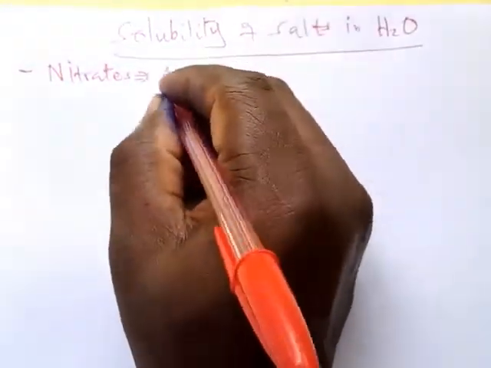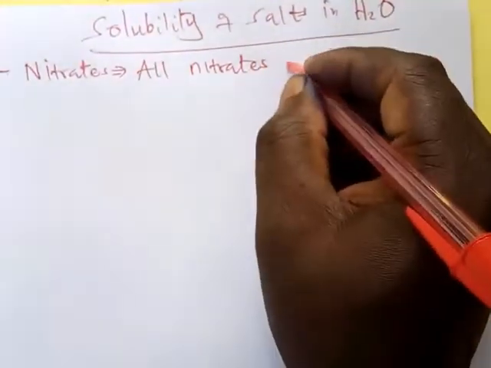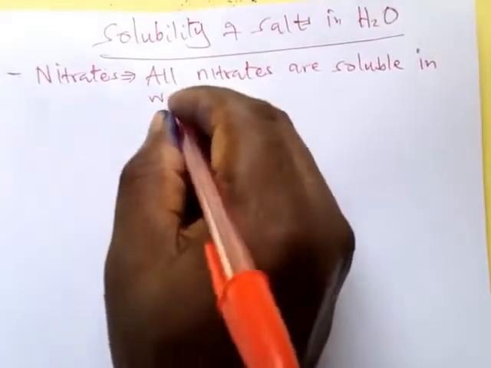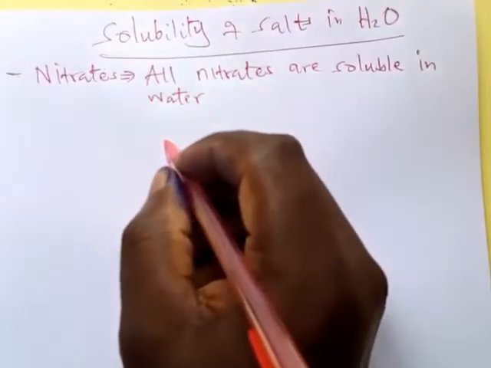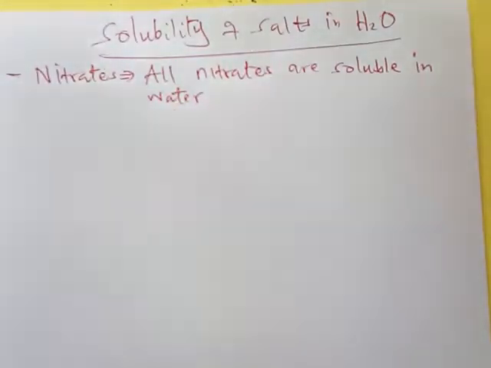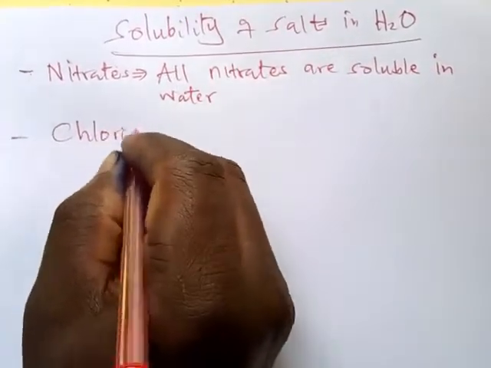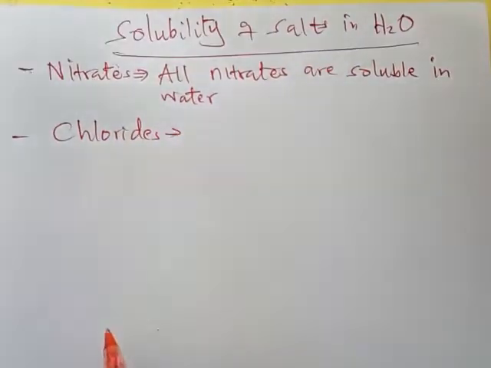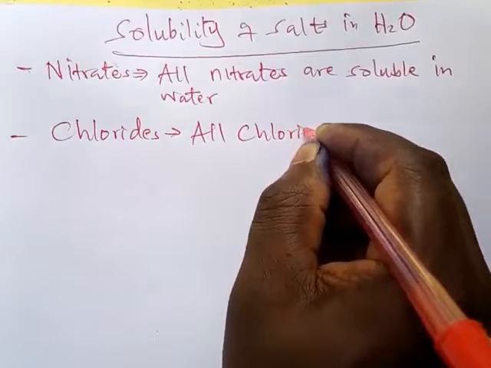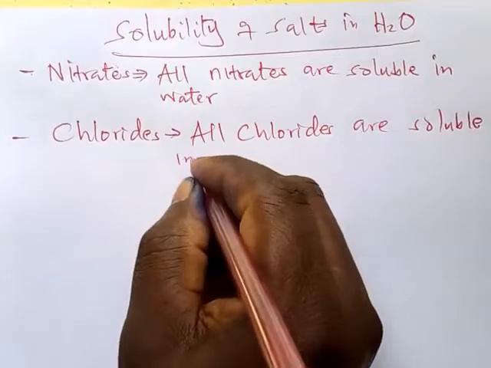All nitrates are soluble in water. So all of them, when you dissolve them in water, they form a soluble salt. Chlorides. Are all chlorides soluble in water? No. All chlorides are soluble in water,